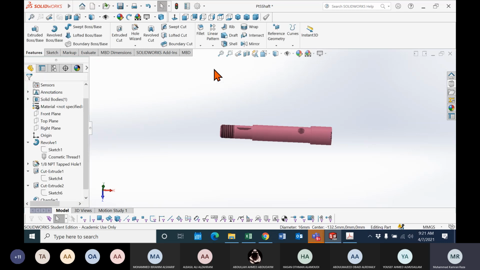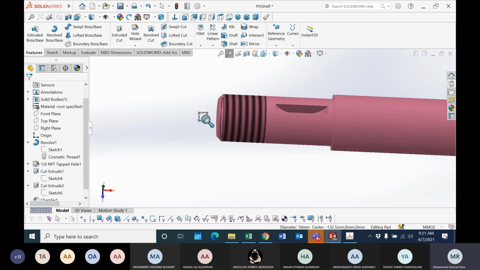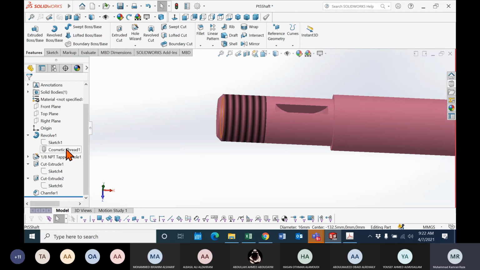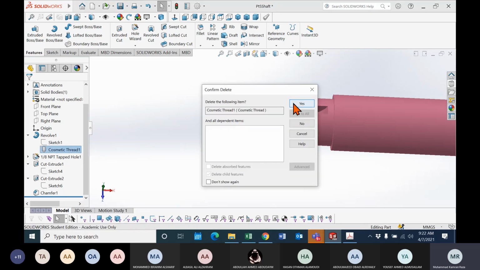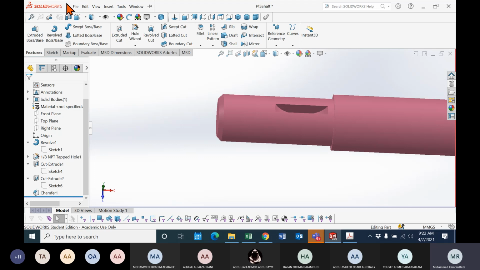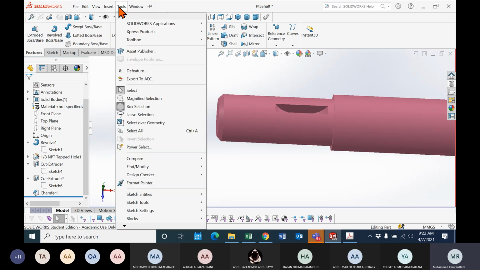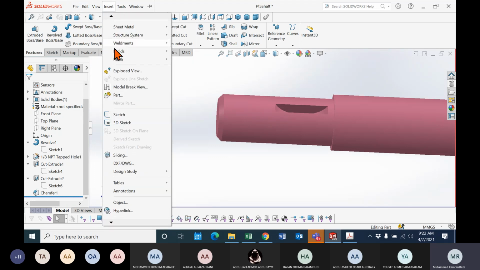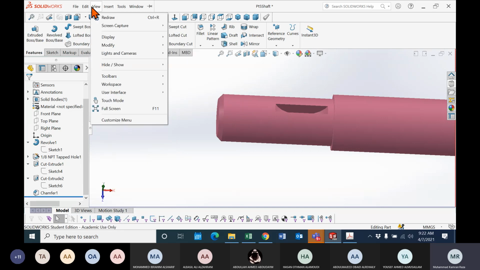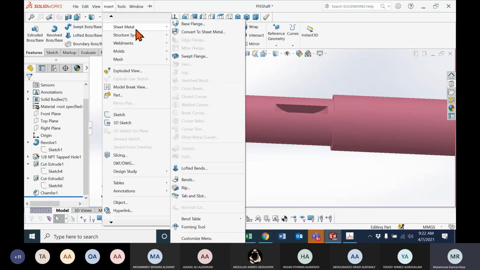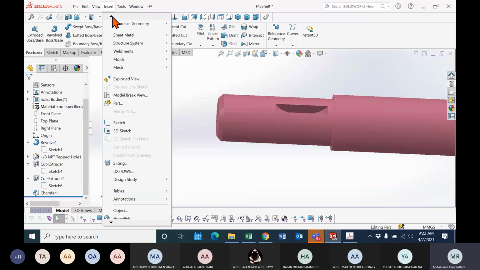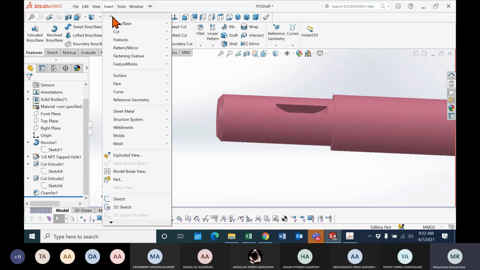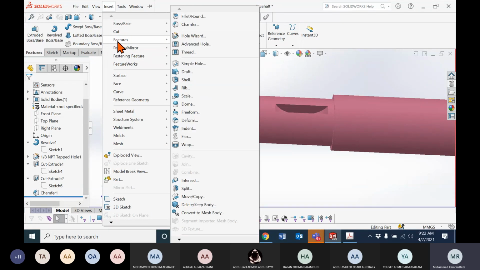But today I want to show you the cosmetic just looks like a shaded thing there. If you want a more real one, then you have to use this one. Delete the cosmetic. Then we have to use this one. This requires a little bit more information. As I told you, this information you will study in the manufacturing subject. So mainly you will learn this information there, but just to teach you, this is the thread here in the features.